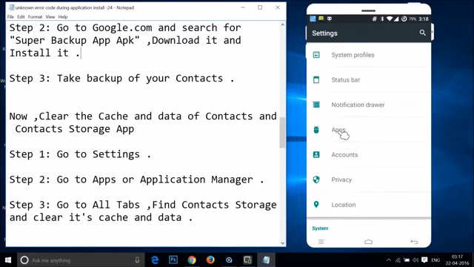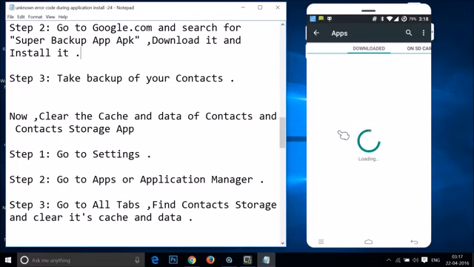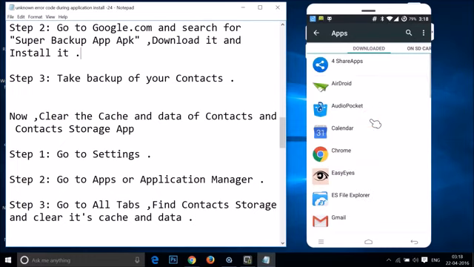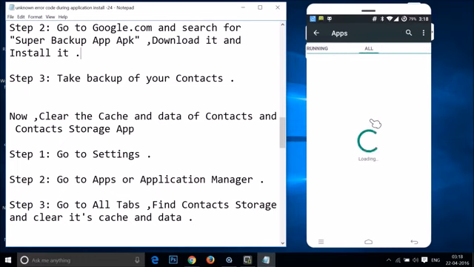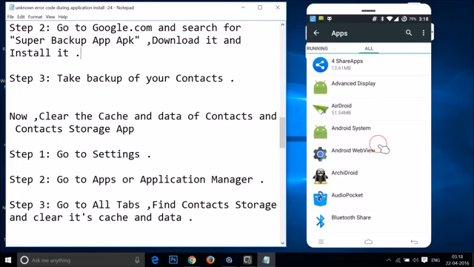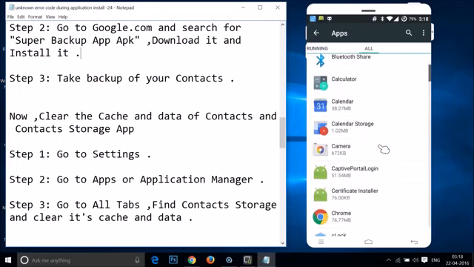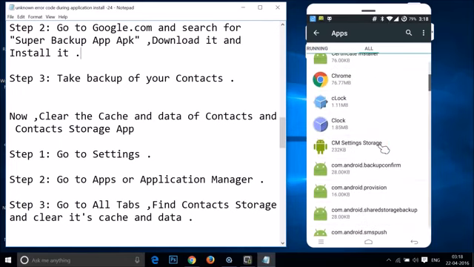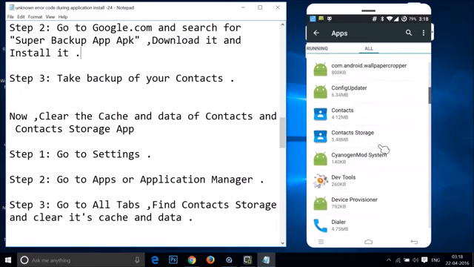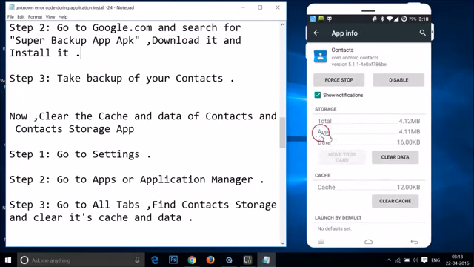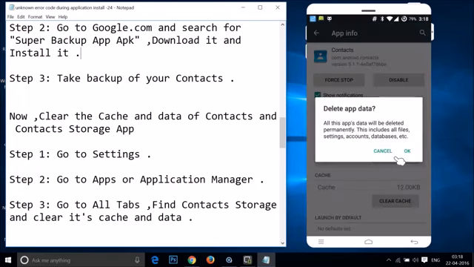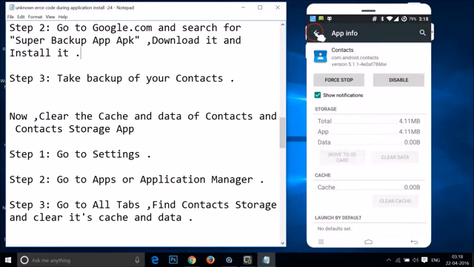Just tap on it, and you have to swipe to the right to all tabs over here and find your contacts and contacts storage. So here I have contacts. Just tap on it and then tap on clear data and then tap on OK, and you need to go